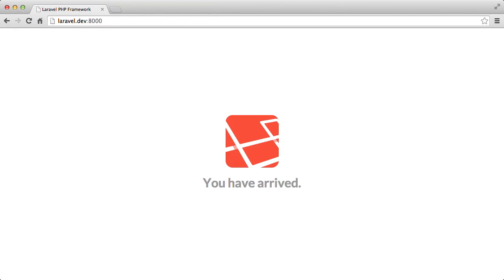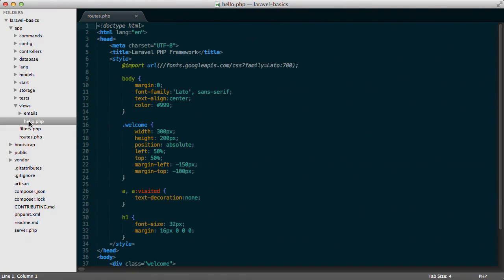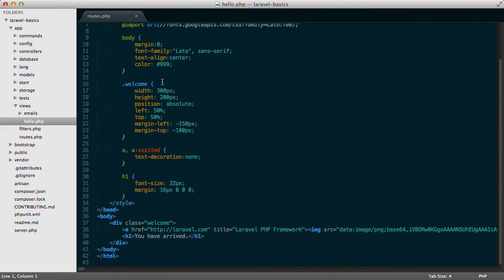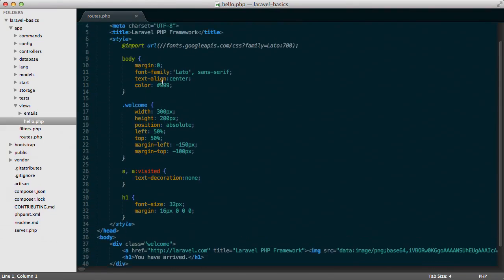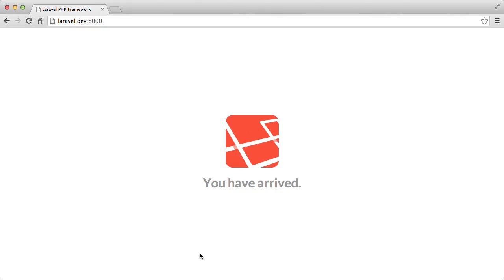What we're going to do is look in our views folder that we talked about earlier and see what's there. Here you'll see a hello.php, which, as you can see, is a very basic HTML file that is styled and says you have arrived, and I will say, now what? And then save that. Go back over to our browser and refresh, and you can see that we are editing